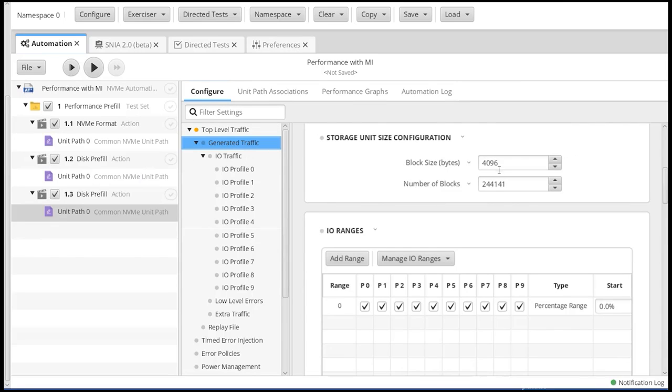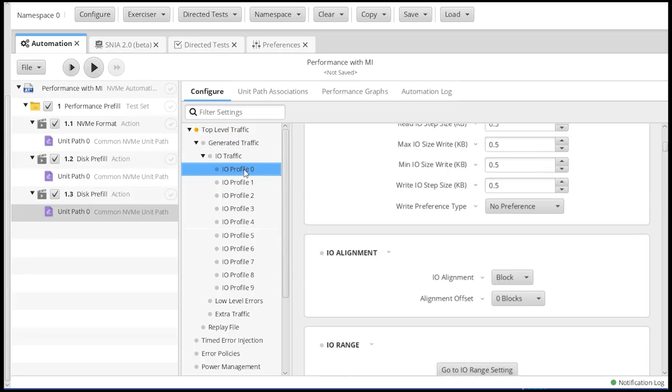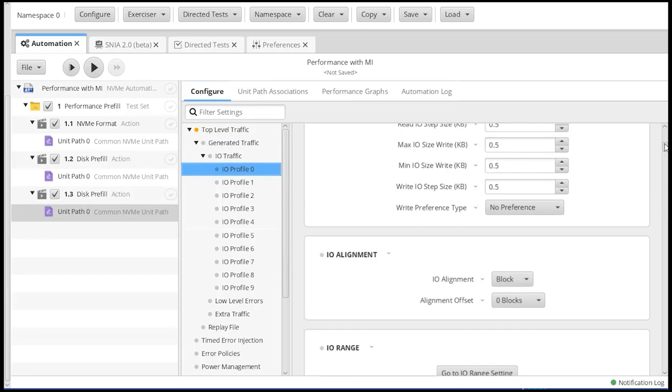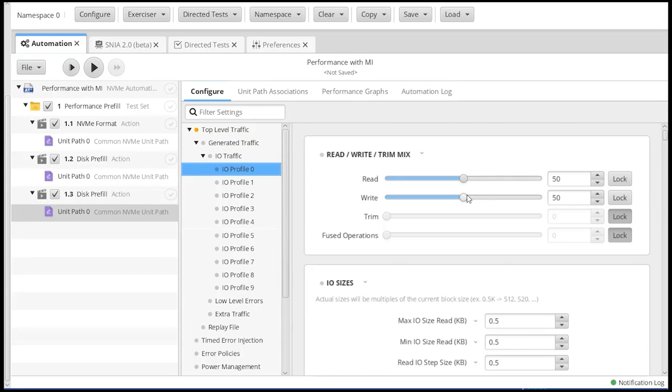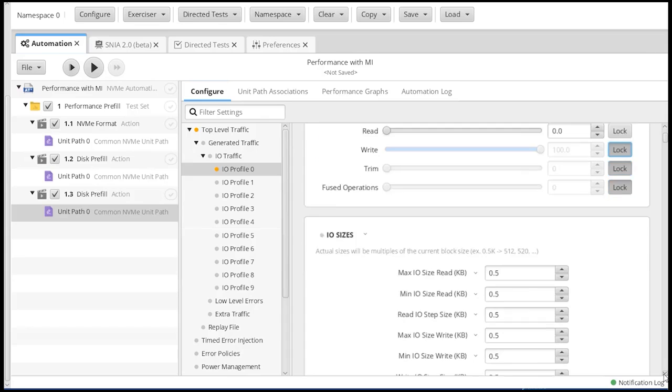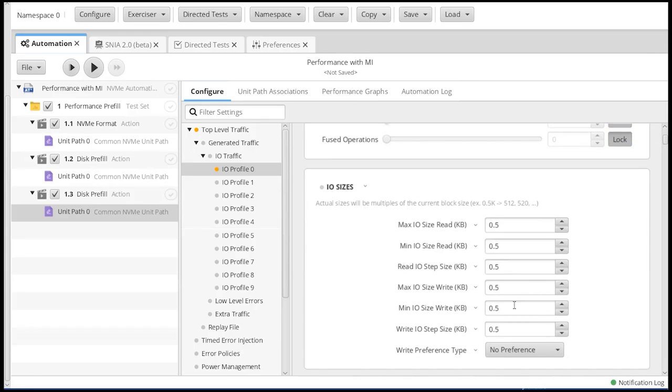And we don't have to worry about sequential I/O because we're not doing sequential I/O in this case. What we are going to do is writes, and we're going to make them random. So those writes will be between a 512K packet and a 128K packet. So we'll put 128K there with a step size.